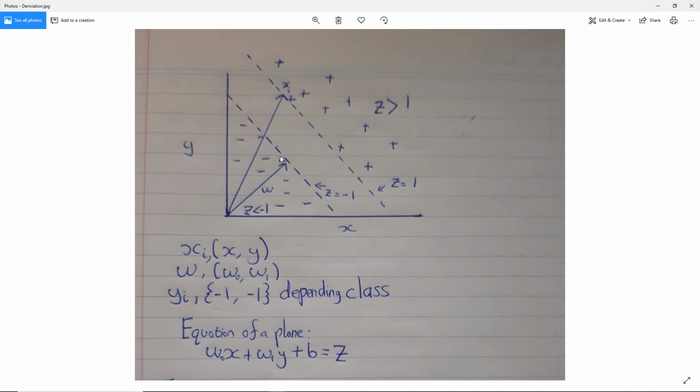And going back to our plane example, if this is z equals 1 and that's z equals -1, in this area of the chart z is greater than or equal to 1. So if you put an x and y value in the equation that I had earlier, you would achieve a z value greater than 1. Similarly, in this area below the z equals -1 support vector, if you put these x and y values into the equation, you'll get a z value less than -1. So when we are deriving our algorithm,